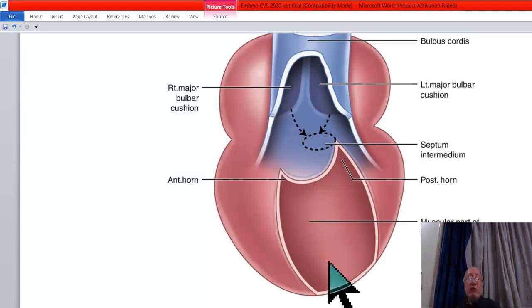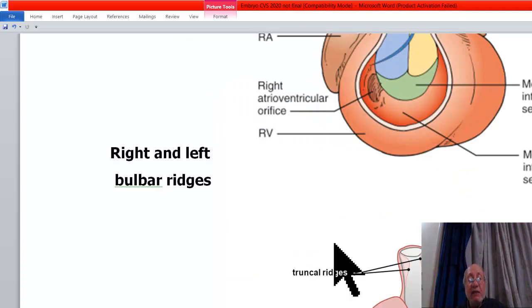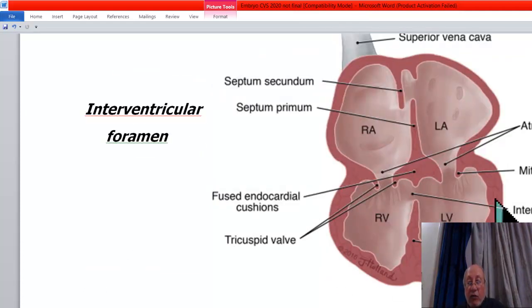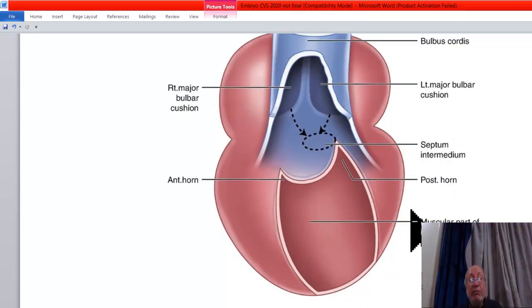First of all, the muscular part starts to be formed by proliferation of myoblasts. This is the common bulboventricular chamber. The myoblasts in the floor of the common bulboventricular chamber proliferate to produce a crescentic ridge, similar to the septum primum and similar to the septum secundum. It is crescentic in shape,